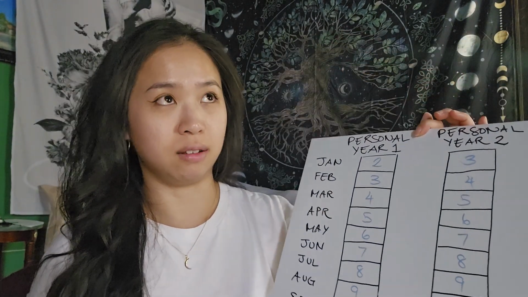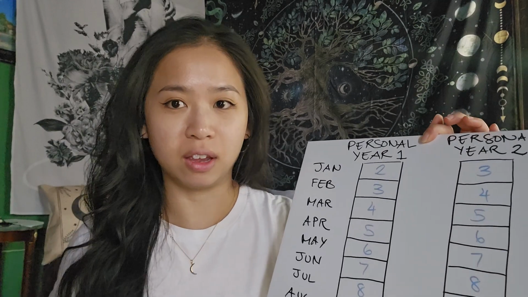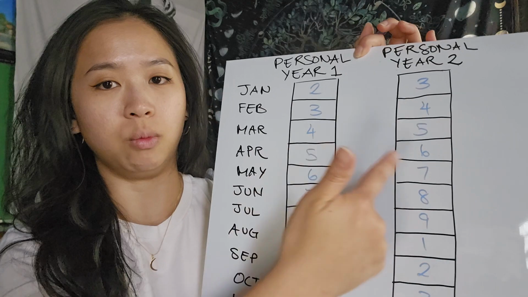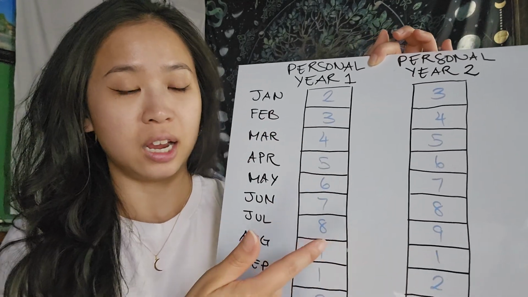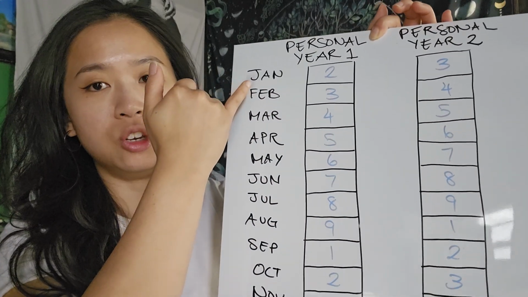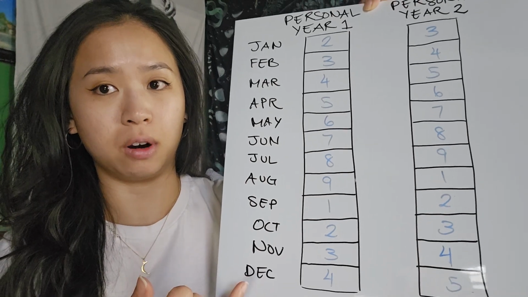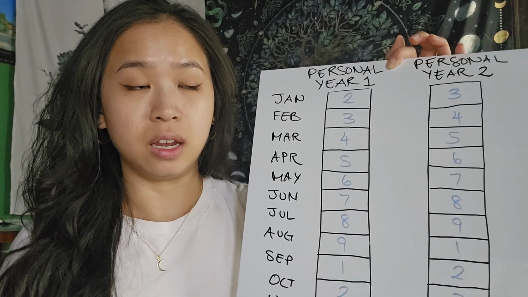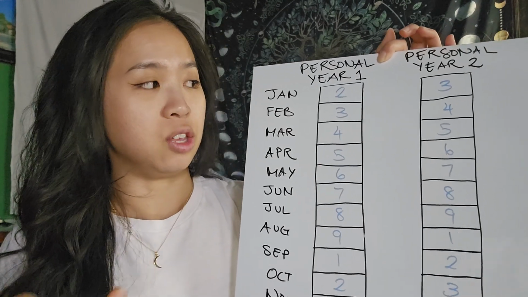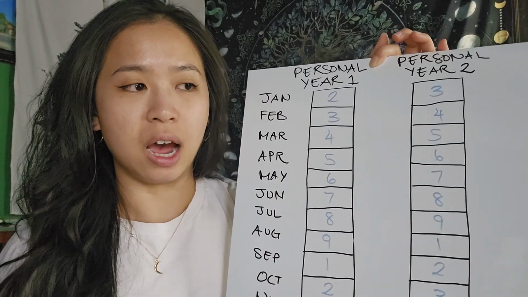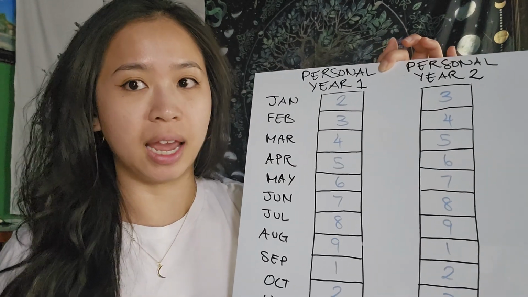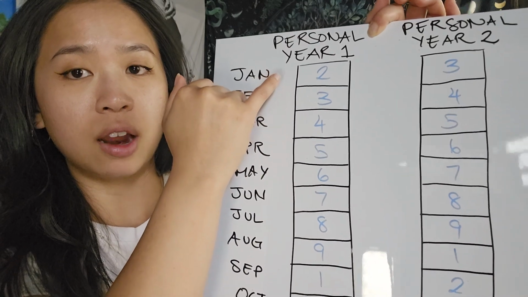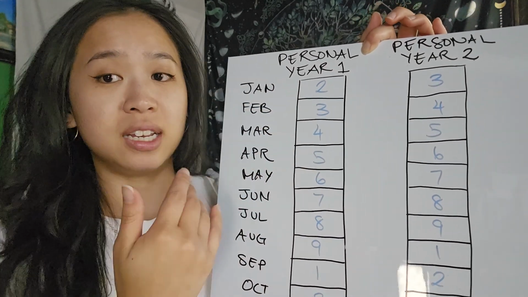Instead of you just looking at one month reading, I'm going to use personal years 1 and 2, and here are the months January to December. Before I give you the readings, you can track what the whole year is going to be like for you. So for example, if you're in a 1 year, then the easiest thing to do is